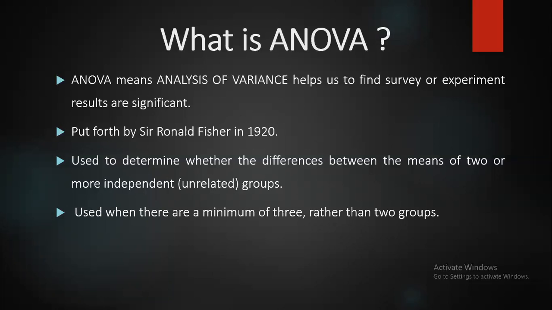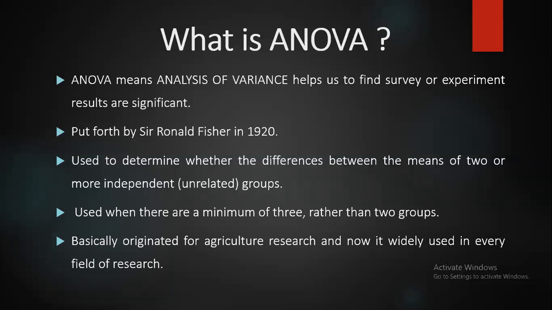Now, basically, this ANOVA test arose from agriculture research. In agriculture research, what we are doing is seeing the effect of fertilizers or types of soil on the output of that agriculture. So in this case the ANOVA was used, but today it is further used in biomedicals, economics, psychology and other fields of research. So it is very important to know what this ANOVA is and how we can analyze the variance between the different groups.